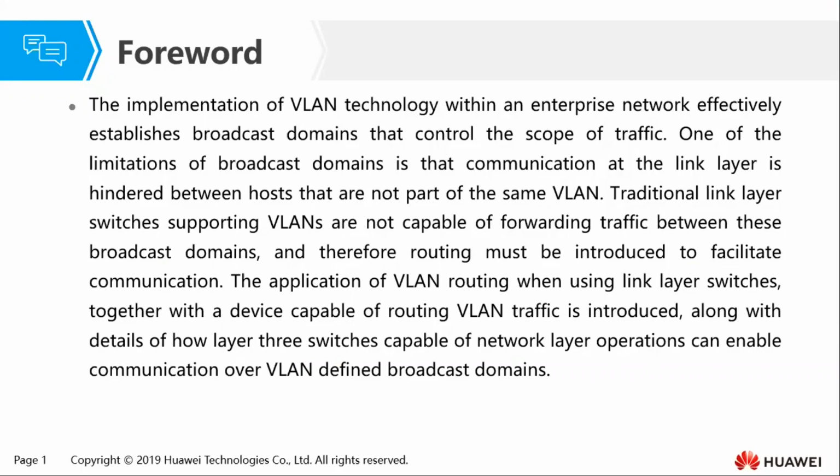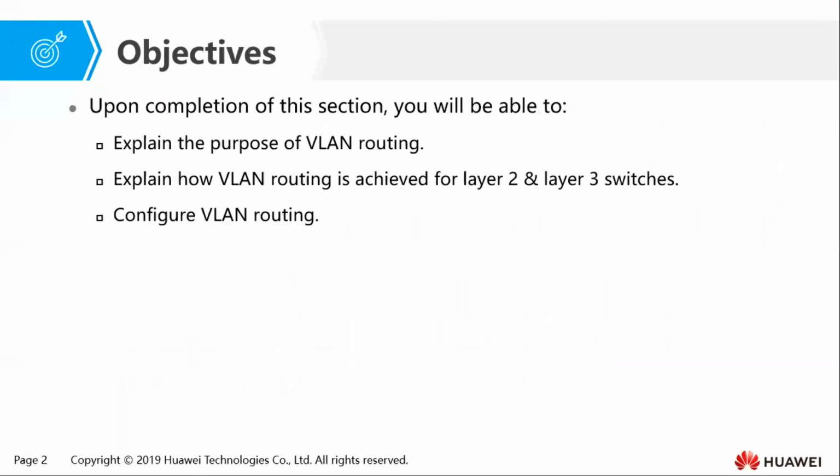The application of VLAN routing when using link layer switches together with a device capable of routing VLAN traffic is introduced, along with details of how layer 3 switches capable of network layer operations can enable communication over VLAN defined broadcast domains. By the end of this chapter, you should be able to: